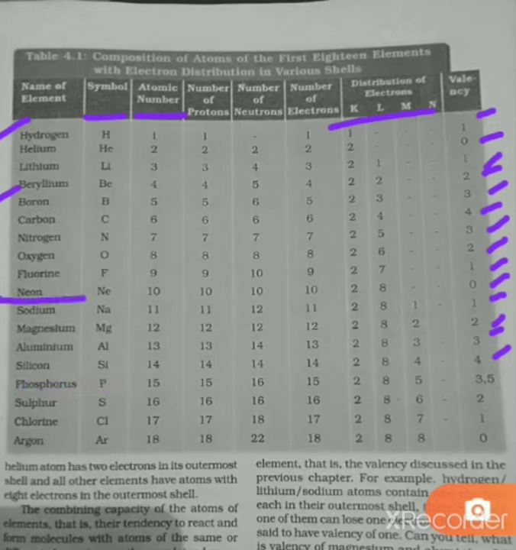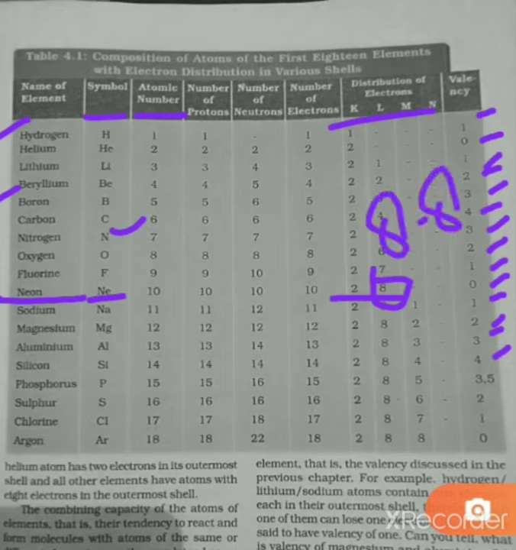Here you can see in the case of neon its symbol is Ne, because in case of nitrogen N has been written, so the second letter is also taken. But in outermost shell, as you can see, octet is complete, or you can see the convention that as the number of electrons is exceeding 4, we will use the convention, that is 8 minus 8, so answer will be 0. So its valency will be 0.